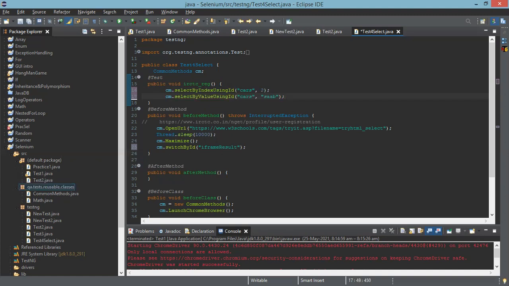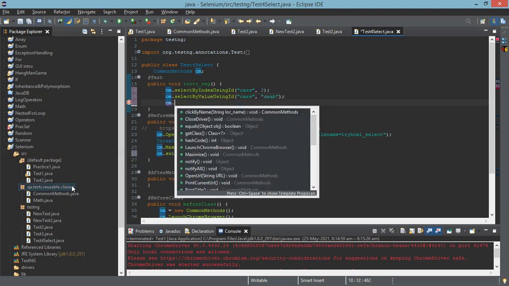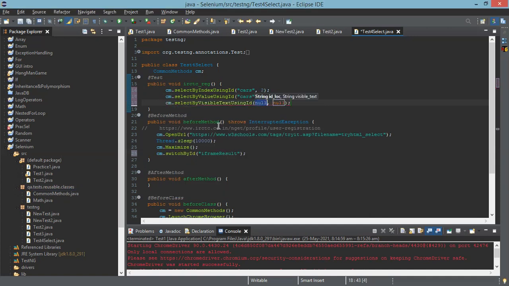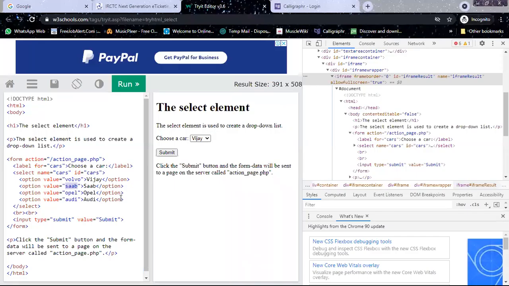And what is the next one? By using visible text. Select Vijay.